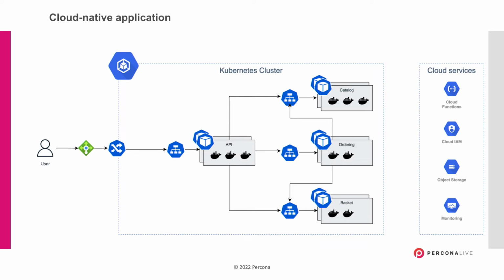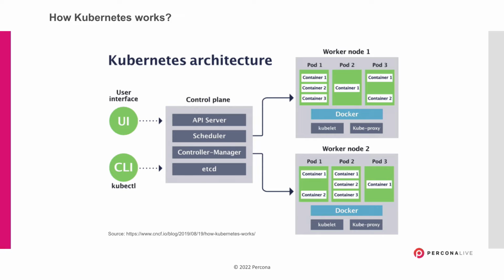Right? And if you're not familiar with Kubernetes, we probably don't have time to look into the details, but the idea is that you have some form of control plane, so all the elements that actually make it possible for this complex machine to work, with the APIs that you can use to deploy things and control things, with schedulers, the controller manager, and the etcd key value store to keep the state.